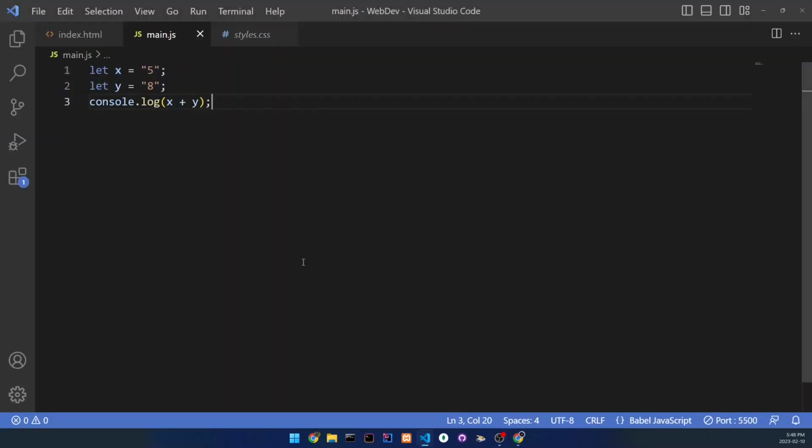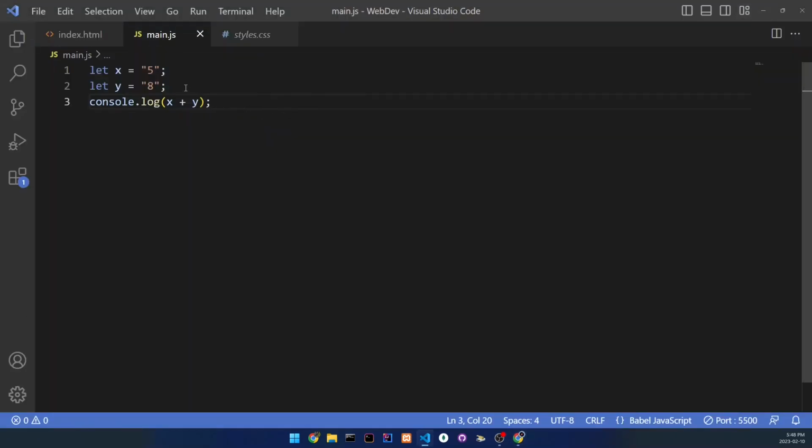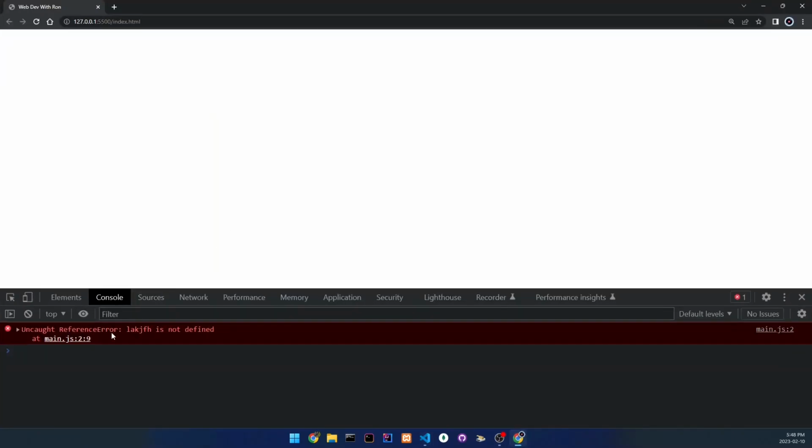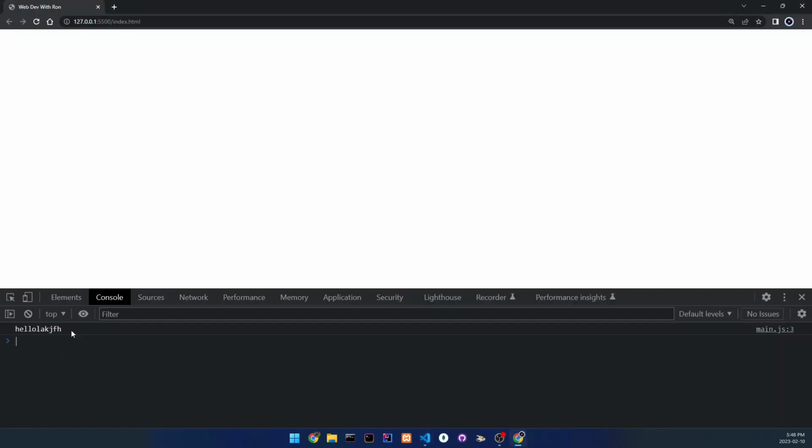So let's take a look at what happened. There we go, as you can see we have printed 58, and that's because it doesn't do math when it's strings. It doesn't really know that it's a number, because you can use text here too. So you could do hello here. And for numbers, you obviously can't use letters. If it's something like this, you can see that it wouldn't work. So let's actually do it, and you can see that we have an error because it's not defined. And if we add quotation marks, then you can see that the error goes away